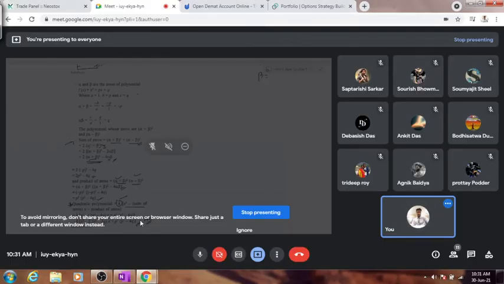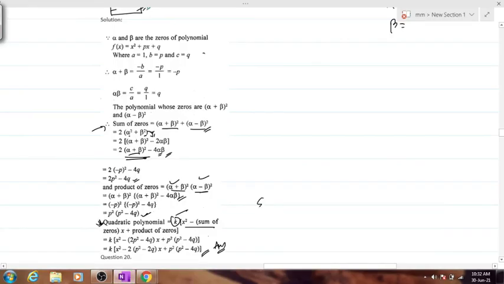Agnik, try it out. K is a constant. But why are we using it? That there can be any polynomial. Yes, there can be any polynomial. Had this been an equation, then the value for k will be 0. Clear? Had this been a polynomial equation. Clear? Is this numerical understood by everyone?